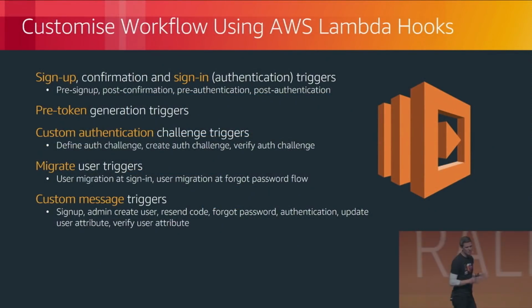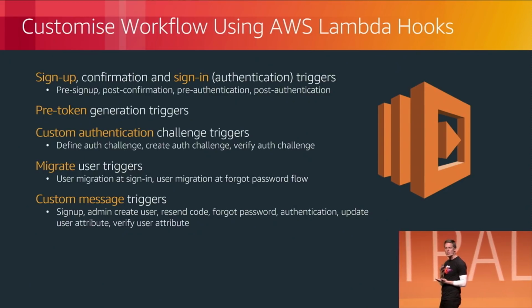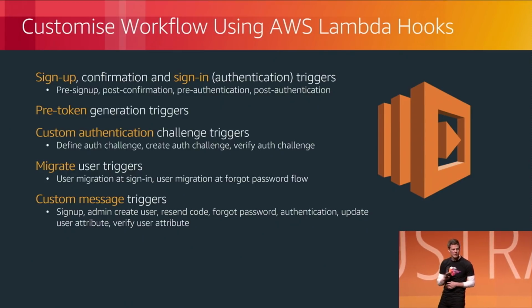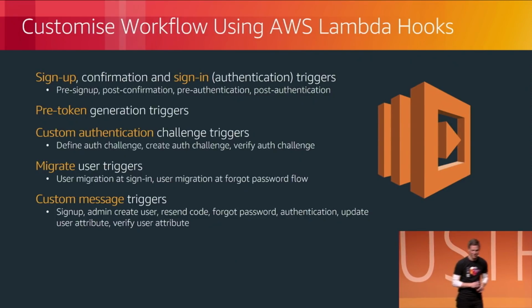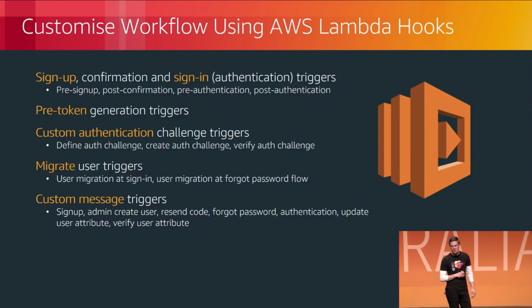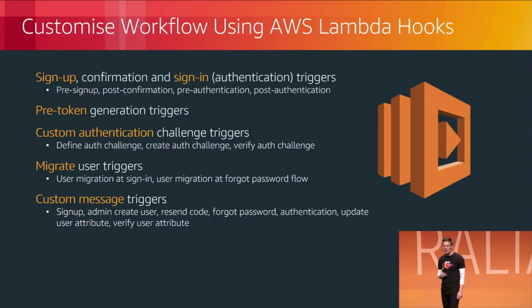But now let's talk about how we can actually customize this workflow. Sometimes we need to add checks and controls at various stages during this workflow. We're all developers here, so we're not really content with the way things come out of the box, I hope. So Lambda hooks to the rescue. We know how powerful Lambda can be. What if I can have Lambda interact with this flow at various stages? Let's see what that might look like.